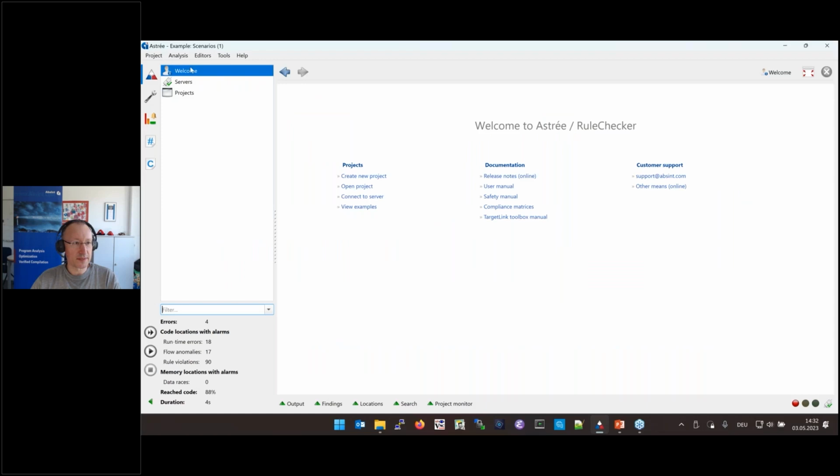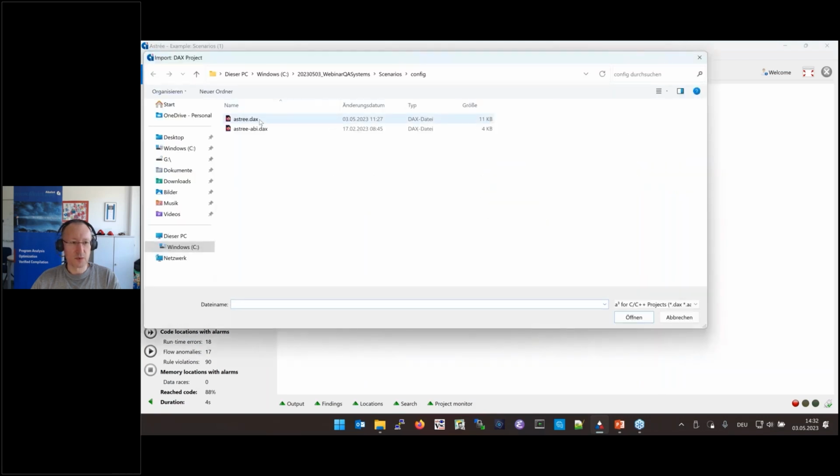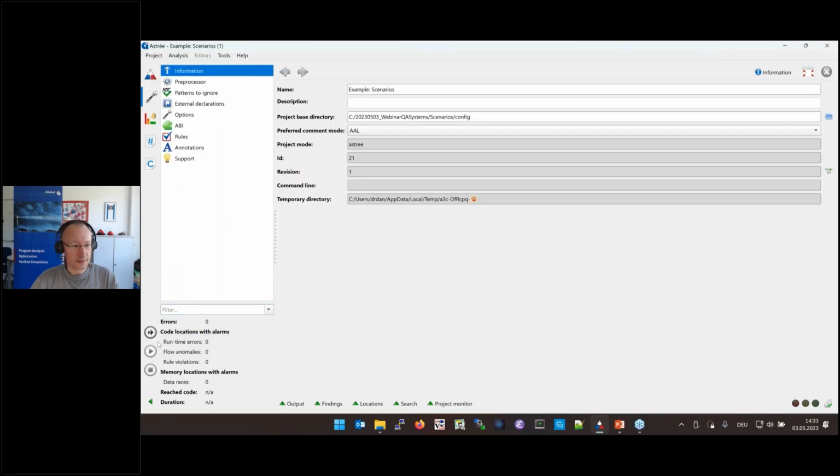So I'm just opening the same project Haydar just used in his example. And I'm going to read the project configuration from an XML file, the so-called DAX configuration, which describes the software project I want to run. So this is a textual XML format. You could also automatically generate it, you could put it into version control, which simplifies using these kinds of analysis in an automated continuous integration, continuous verification setup. So I'm now opening the analysis and can just run it.